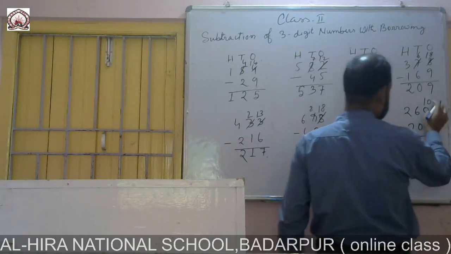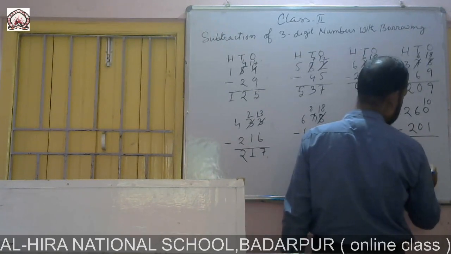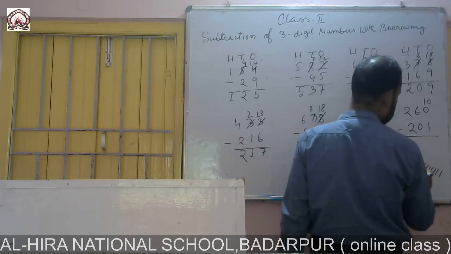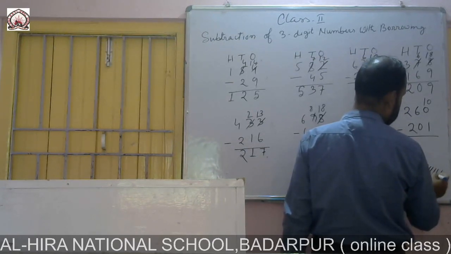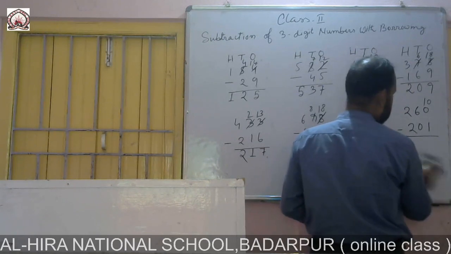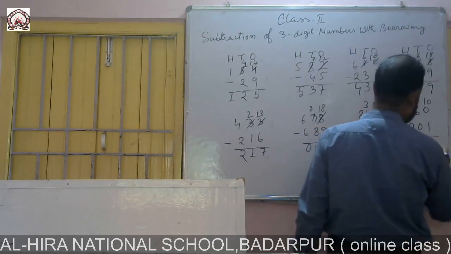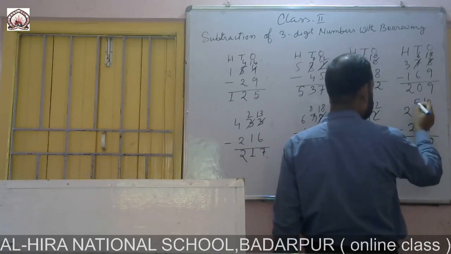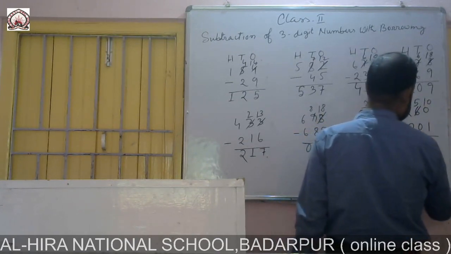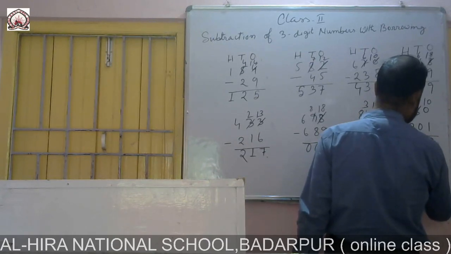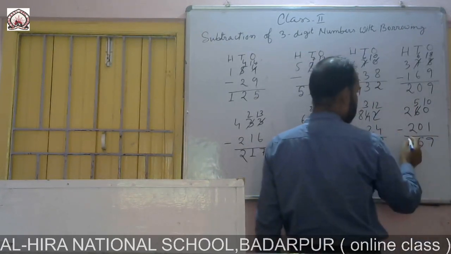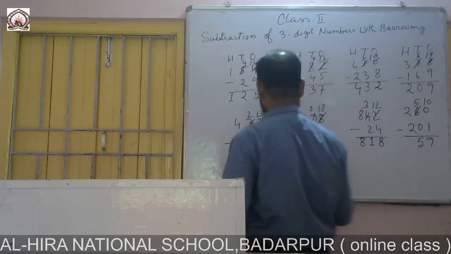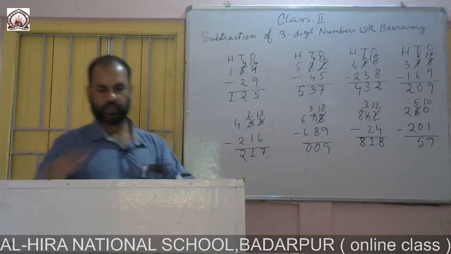Sorry, here 10: 1 2 3 4 5 6 7 8 9 10. We cut 1, remain 1 2 3 4 5 6 7 8 9. Here remain 9, and from this 6 I borrow 1, then there remain 5. 5 minus 0 is equal to 5, and 2 minus 2 is equal to 0. Next,